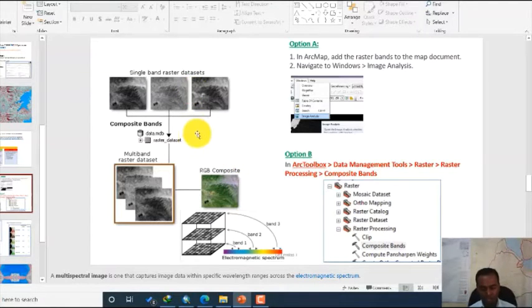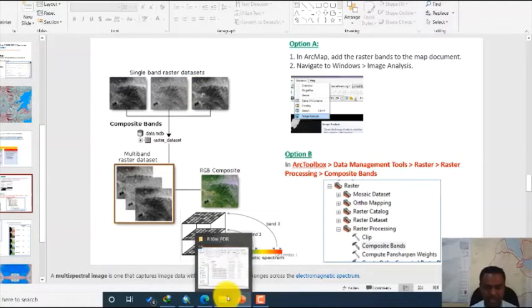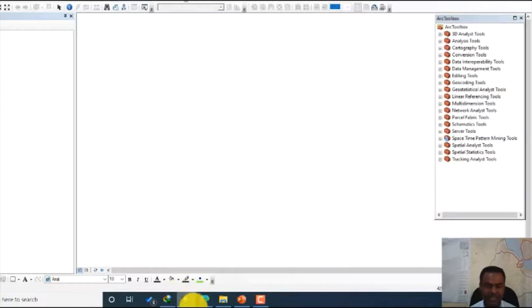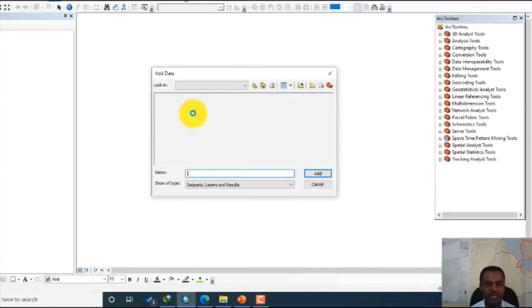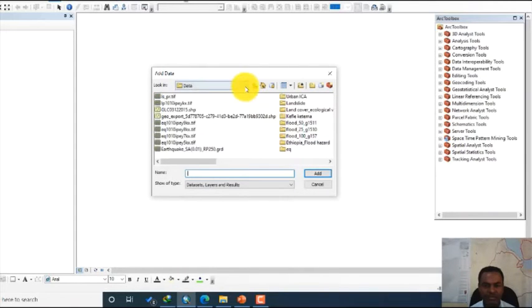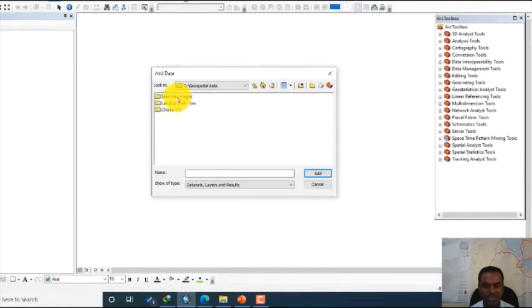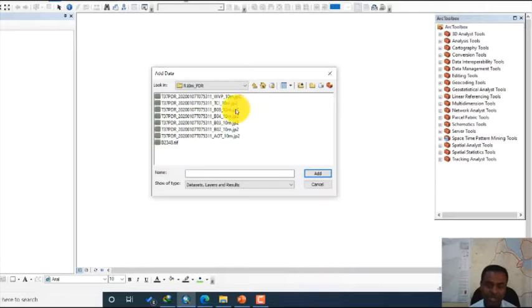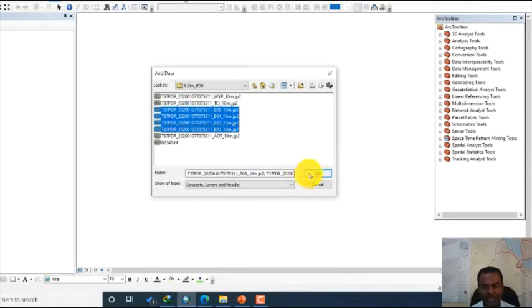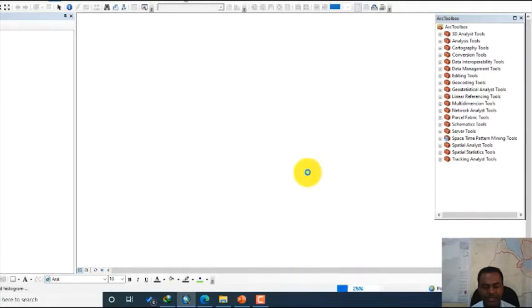Okay. Once we download our satellite dataset, the data that we get is usually, let me show you what the data looks like. From a geospatial dataset, I have already stored that dataset, which is a 10-meter dataset. The moment you download it, it looks like this. So let's copy. Let's add these datasets into our ArcMap